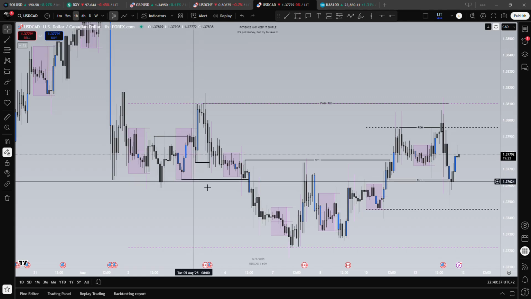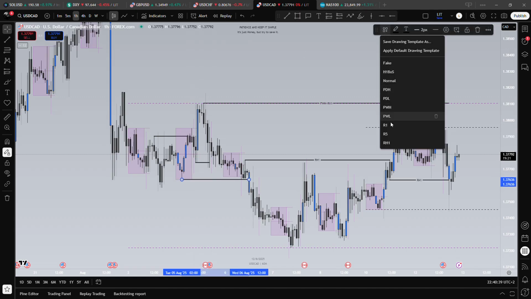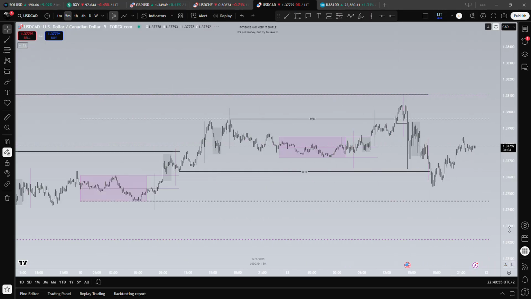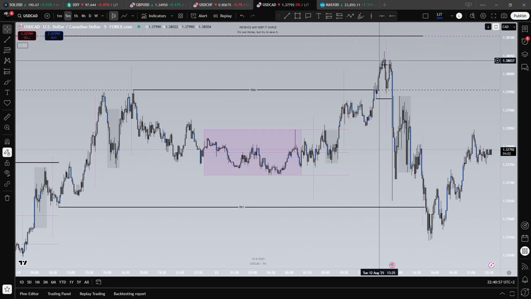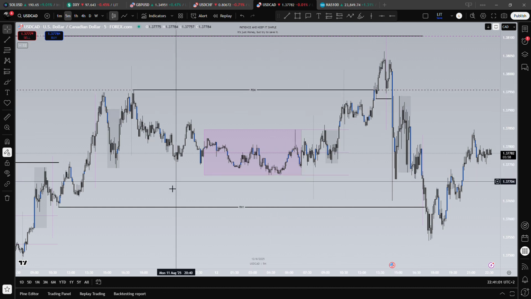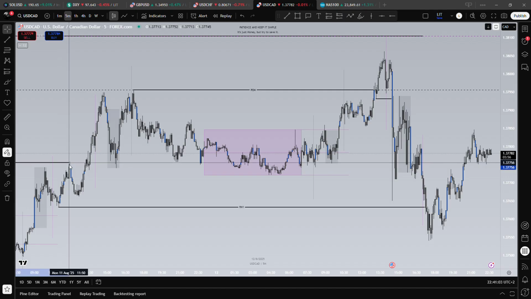And then USDCAD. Okay, so here we had a break to the upside, driven liquidity on H1. Here, so this driven liquidity on H1 that it took yesterday. And here we have previous weekly high, driven liquidity on H1. Here we have previous daily high and driven liquidity on H1. So today it created like a few moves